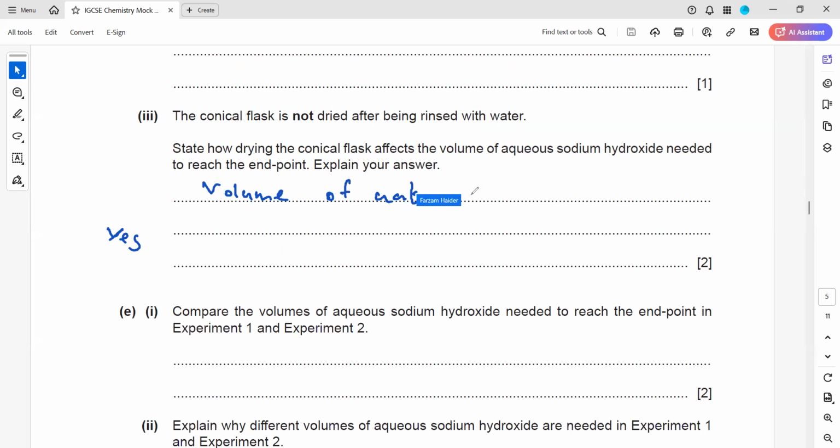The answer is no. It's not yes. No difference, because water is not the reactant here. Look, what we did in the first experiment, I will explain the answer. In the first experiment, we took a conical flask